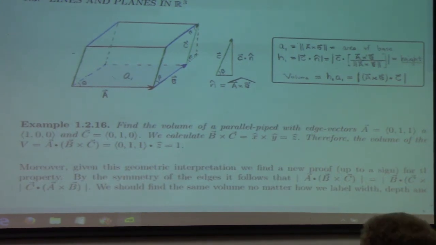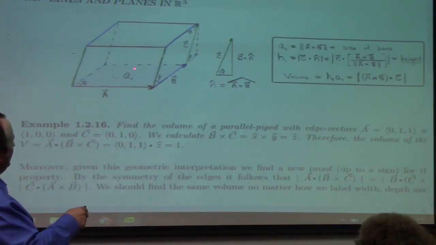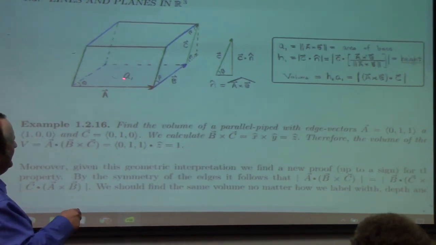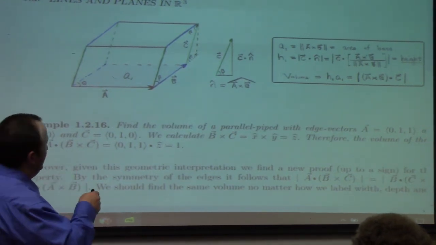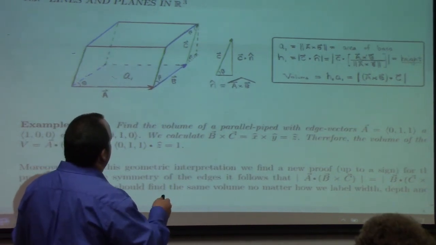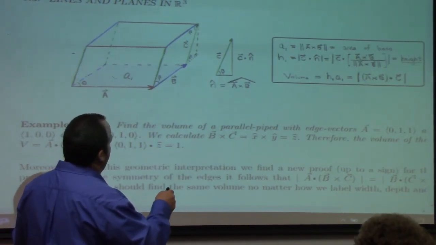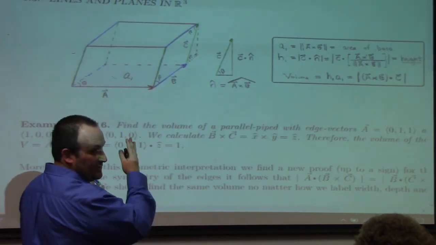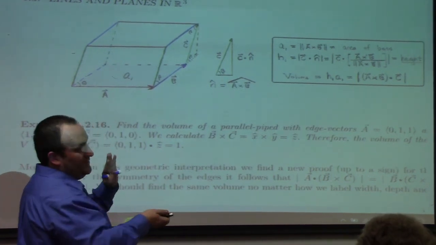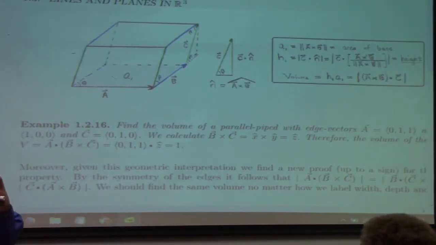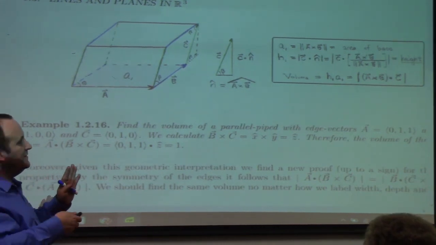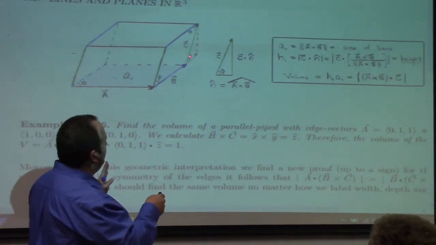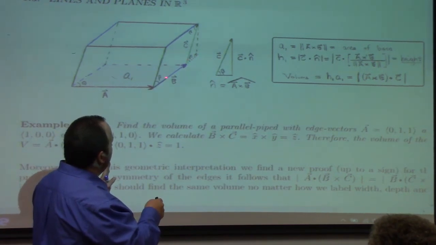This is a better picture for the triple product, obviously. So here's my A, here's my B. The area of the base is A1. So that's A B sine theta, right? And then A cross B would be this n hat direction. That's the A cross B direction. And C doesn't have to be in that same direction, right? So the height depends on, that's the height I'm looking for. The beta is the angle between C and the,